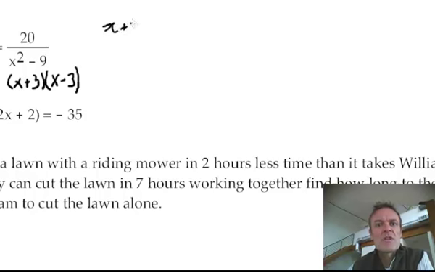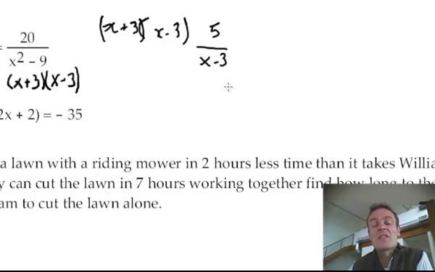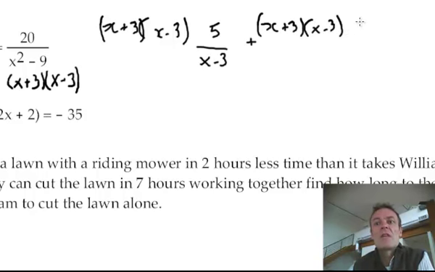So x plus 3, x minus 3, next to a 5 over x minus 3. Now hopefully you'll see that the x minus 3's will cancel there. In fact, I won't do it just yet. Plus, again, x plus 3, x minus 3. Remember, multiplying everything by the lowest common denominator. This has got an x here over x plus 3. And that equals, now I don't have space here, but it equals 20